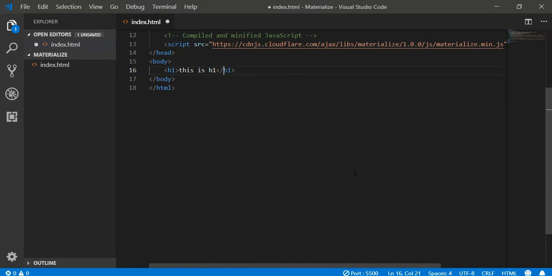This will be H1, and this will be H3. So you get the idea. We have all the elements available from H1 to H6, and similarly we have paragraph tag also available. This is paragraph, and